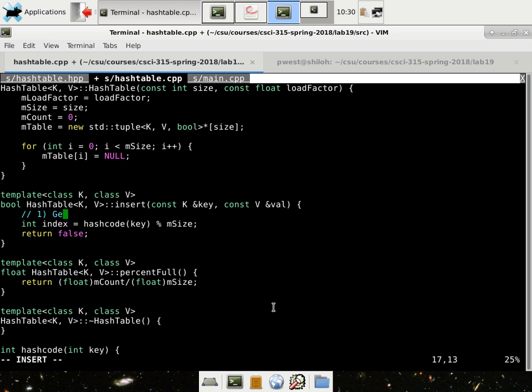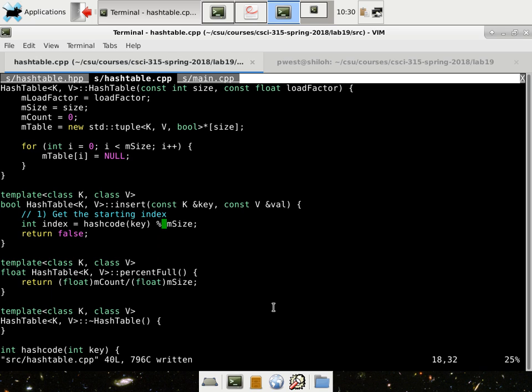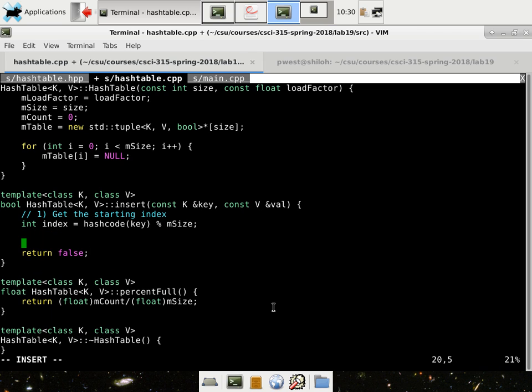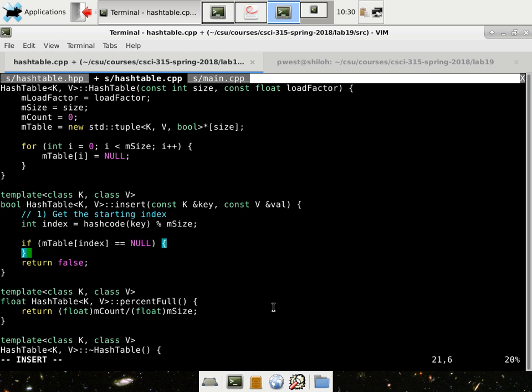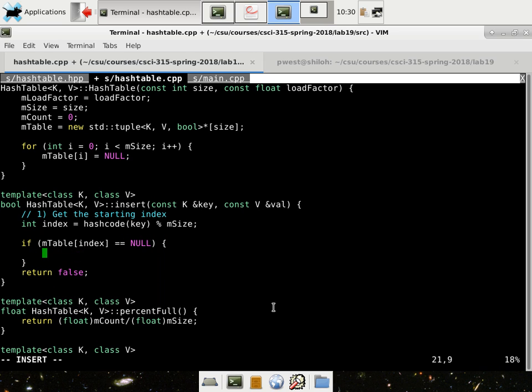Alright, so get the starting index. Alright, so that's a starting index. Great. Now what do we do? Okay, so if mTable[index] equals null, if